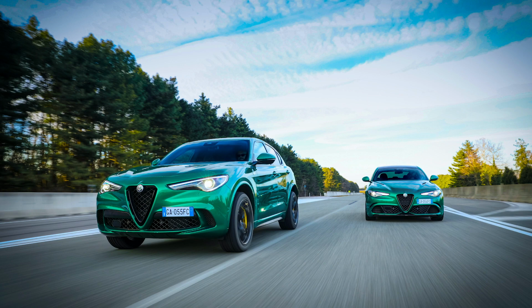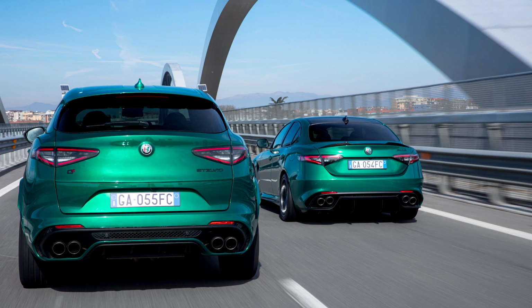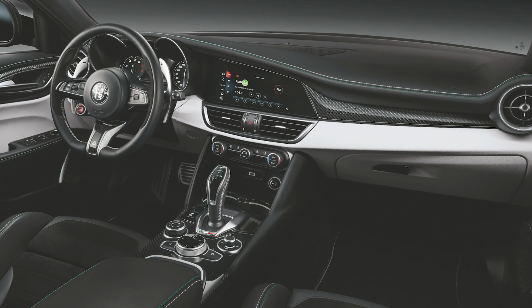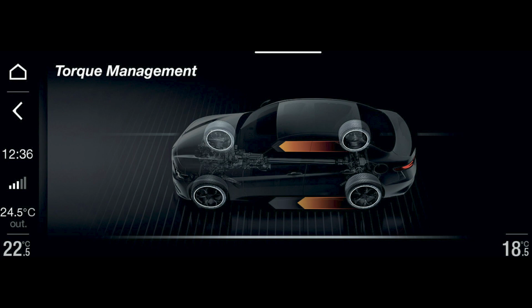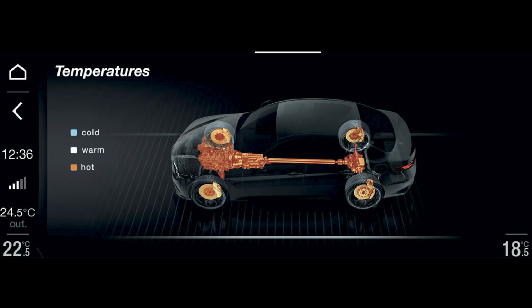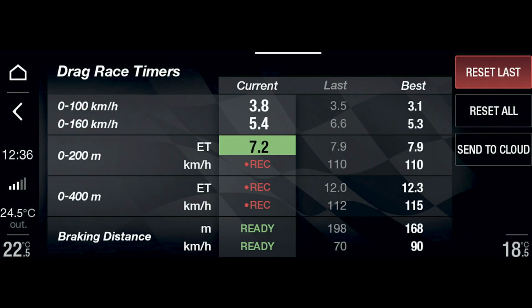But first, there's these new taillights on both models with this darker appearance that they have. The interiors also get a tweaked center console that has more storage, along with the new steering wheel and new upholstery choices. The new infotainment system that was previously already revealed for the 2020 models that we currently have, those now get these new performance pages, a segment where you can now show your boost, power output, and temperatures, along with other things. And that's similar to what you get on the performance pages from other FCA products, the Dodges